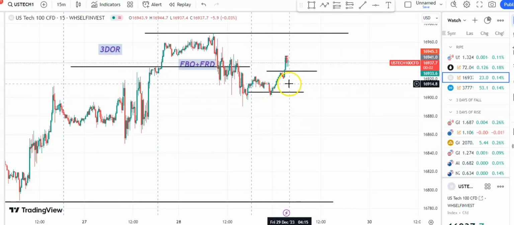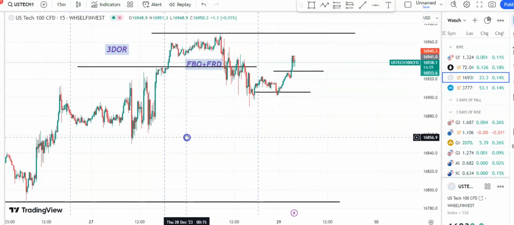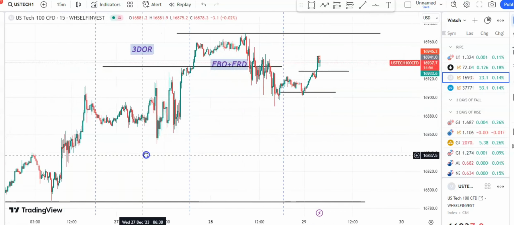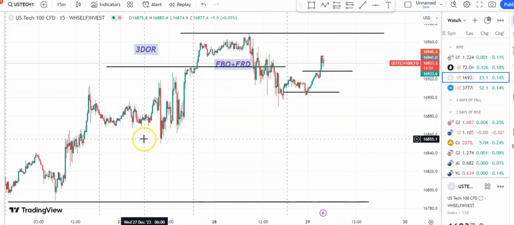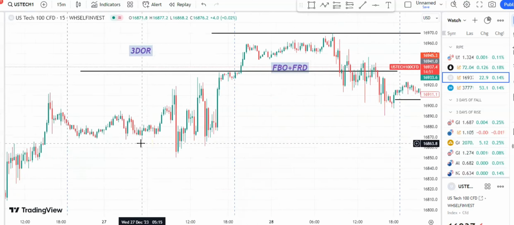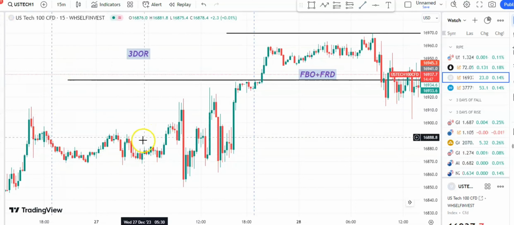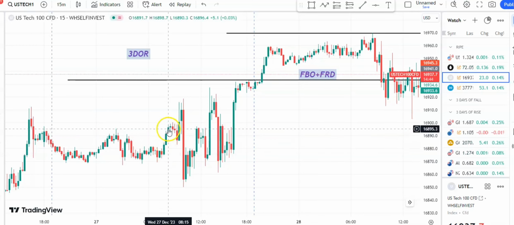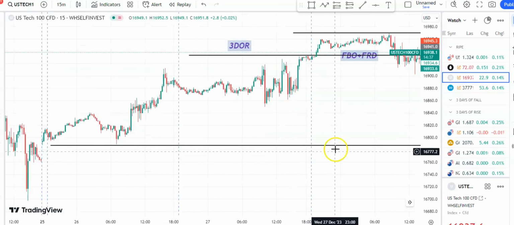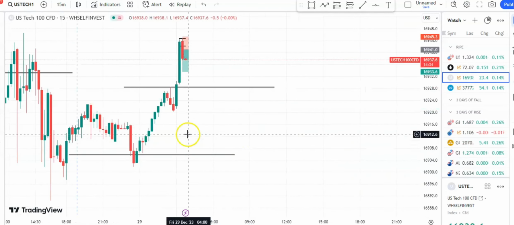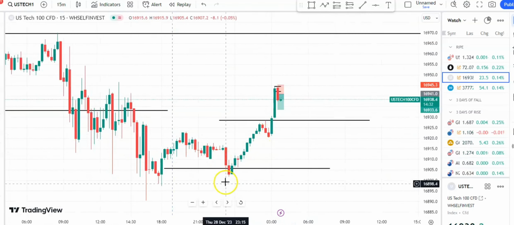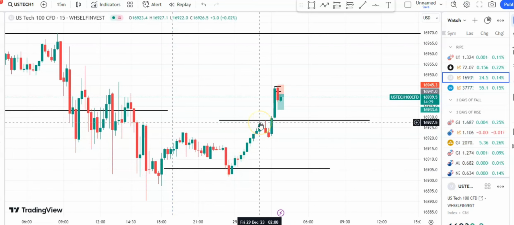Now, am I right or wrong? I don't know. But if I look at this setup, I saw this setup on Wednesday. And look at this. We have price consolidating, and then we have price breaking out explosively. Then we had 1, 2, 3 candles, and then 2 candles up for this reversal back to the low of the day. Now, I'm not saying it's exactly what happened today, but we have an explosive move, and then 1, 2, 3 candles, and then another explosive move.